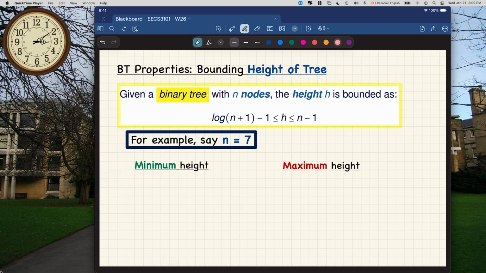So we are saying that given n nodes, we want to know what's the corresponding minimum and maximum height. And the height over here is actually very, very important. The height here is actually going to impact